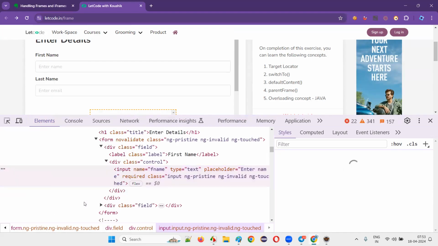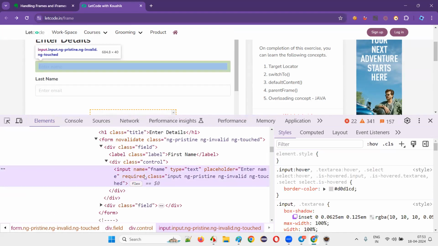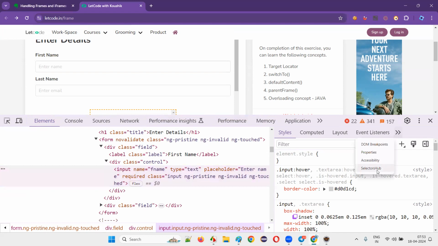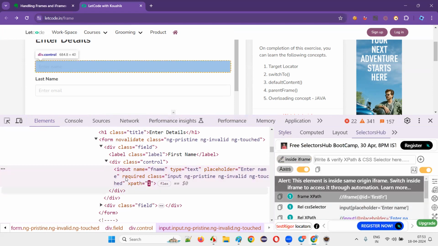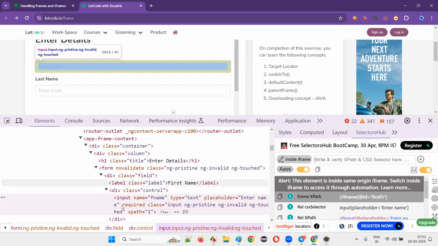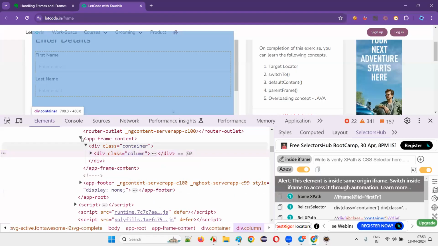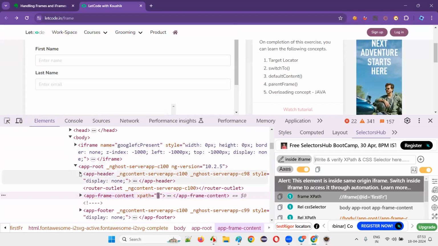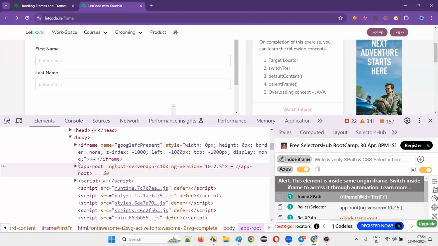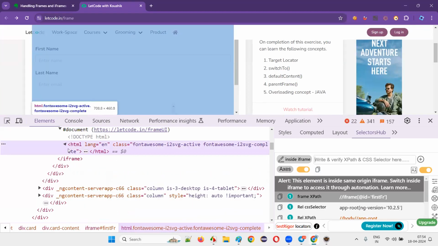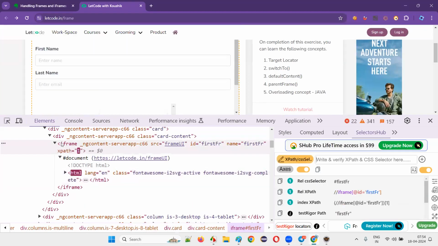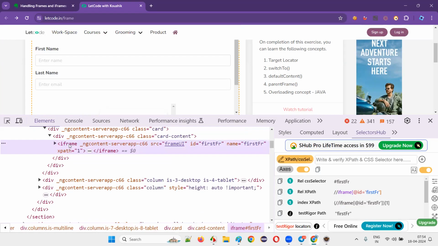I'll inspect this first name field. So this is the HTML code of the first name field. If I go to the selector sub, it will say that this particular first name field is part of the iframe. So I want to find that iframe in which this first name field is available. I'll go to the parent, then parent, then its parent, then its parent. So this is done. Okay, this is the iframe in which the first name field